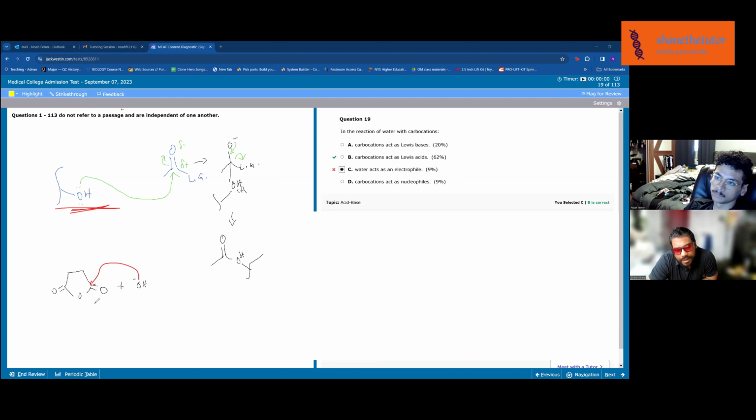And then it'll push that double bond over to the oxygen, right? So like that. But then when it reforms the double bond, it kicks off this bond as a leaving group. So this would look like